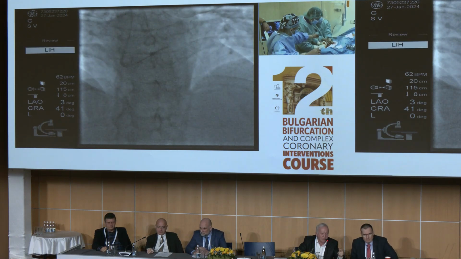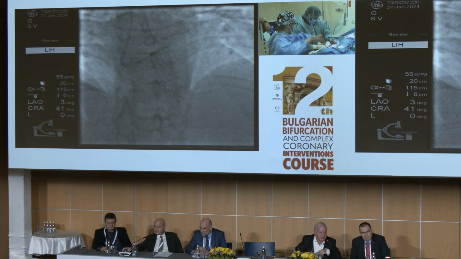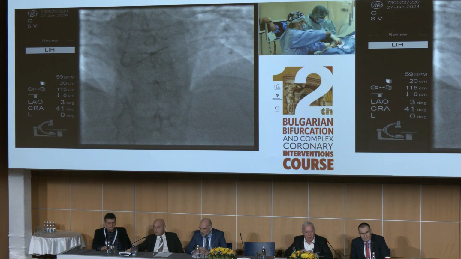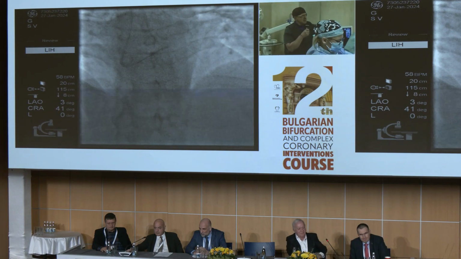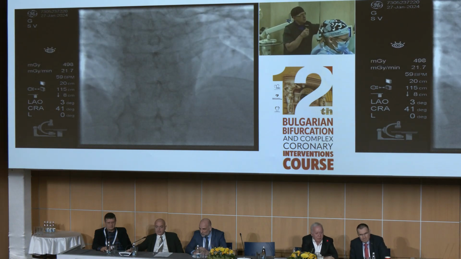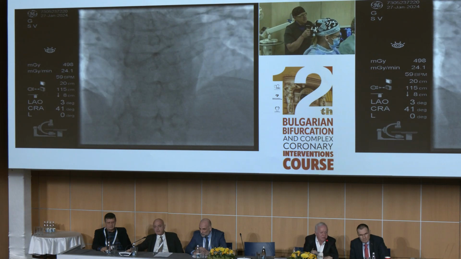What you can do is go back with a semi-compliant balloon at probably 14, 15, 16 atmospheres. What I propose is probably to make the kissing, and after that, anyway, we have an IVUS here, and we are going to estimate what we have done. Yes, we can look at that, but